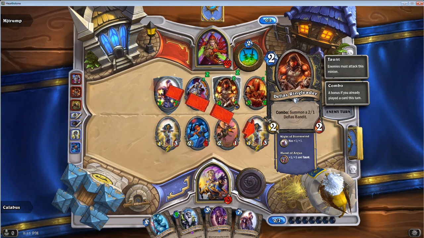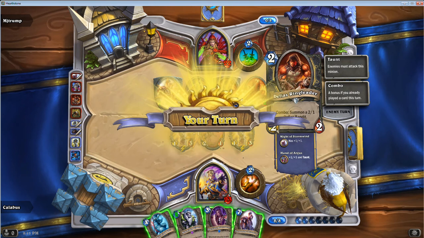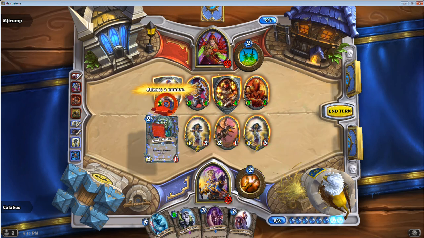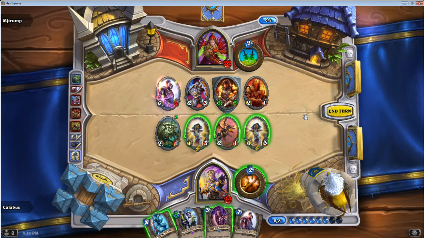You gonna kill one of my Clerics? Oh, go straight for my face? You think you have enough damage on there to kill me? No? Yes? Maybe? There you go. Kill the weak one. Alright, so we got an owl. So the owl, we're gonna just play right away. We're gonna silence the one that's buffing everybody and is a taunt. So he's gone. Next, we're going to...